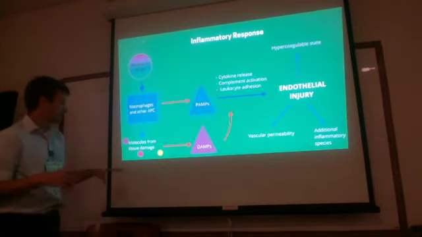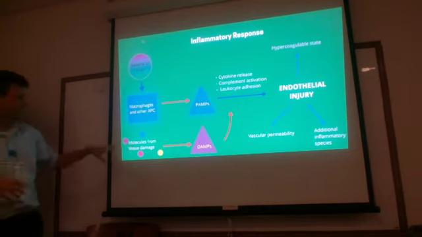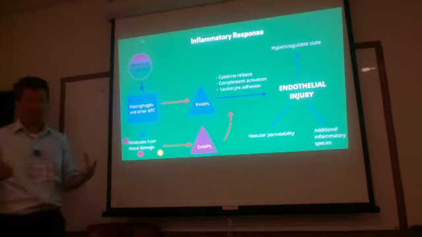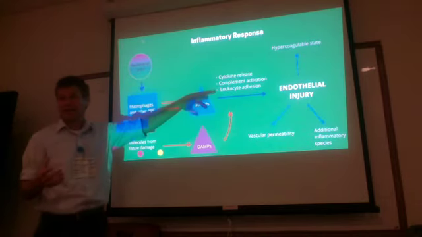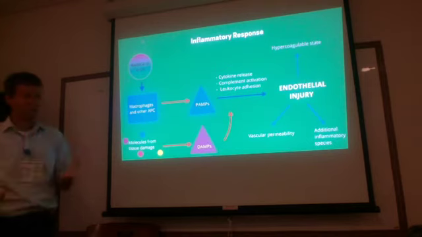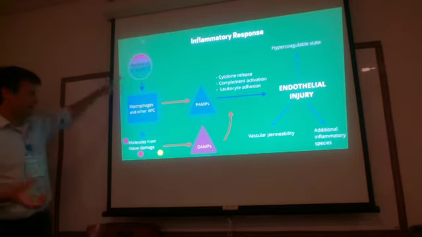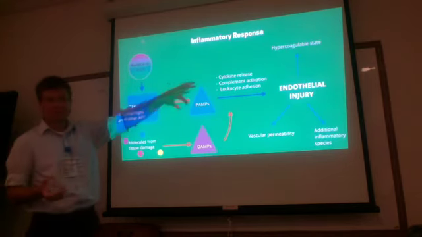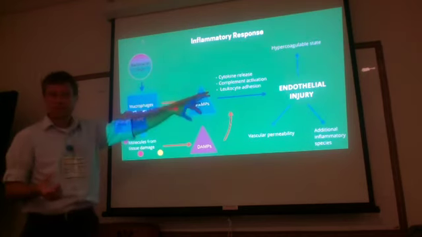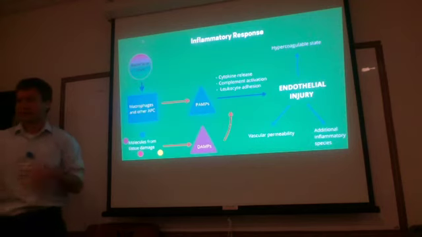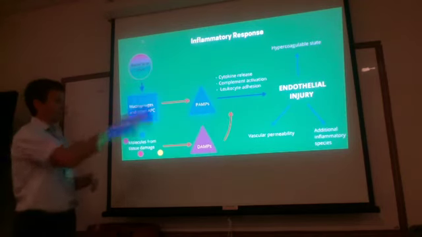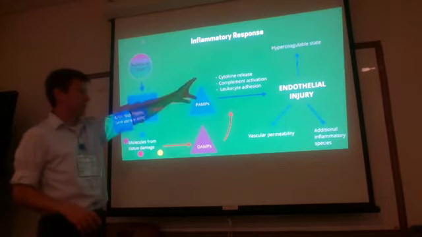The other thing that can happen is if there's tissue damage, you can have damage-associated molecular pathways, so that's the same sort of thing, that also do the exact same thing. So you get a twofold problem here with infection. You have bacteria that comes in and sort of automatically stimulates your immune system, and then it injures tissue, which then stimulates the immune system even more. And so this can turn into a vicious cycle. As the tissue's damaged, you keep getting more and more of these compounds released.